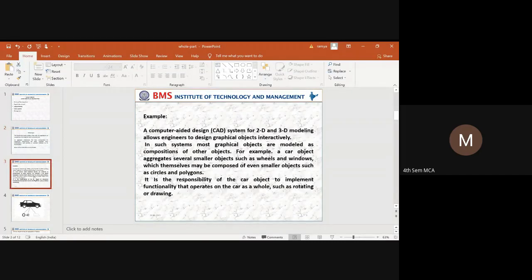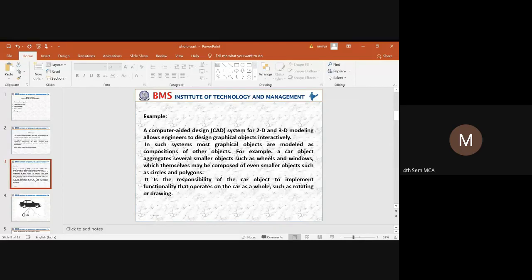Where we can use this whole-part, we can take an example of a CAD. In a CAD system, this CAD software will be used by the engineers. They are going to develop different graphical objects, and all these different graphical objects can be used interactively.